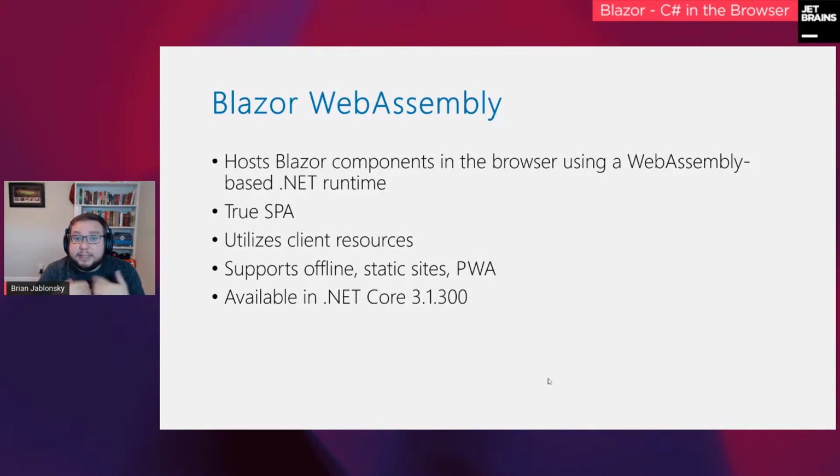Technically, you can run this as just a straight HTML page. There are these things called static site pages out there. Blazor WebAssembly can be run on a static site page. There really doesn't need to be a back end to host it. So you can push this content out to a CDN and use Azure static sites to run all of this. And you can basically run a website for pennies on the dollar a month. What's great about it is it can scale out super quick and super fast.